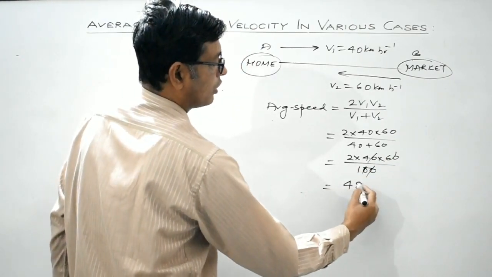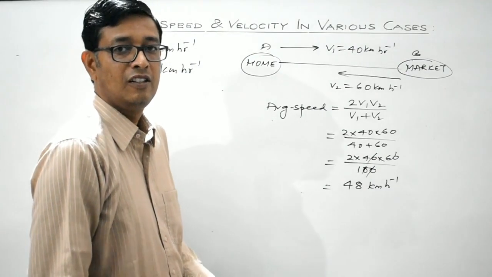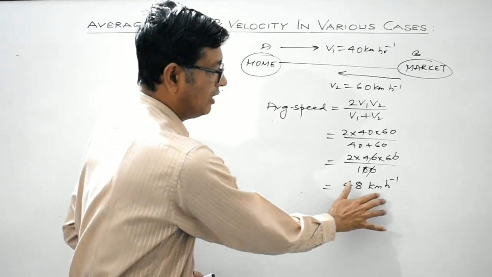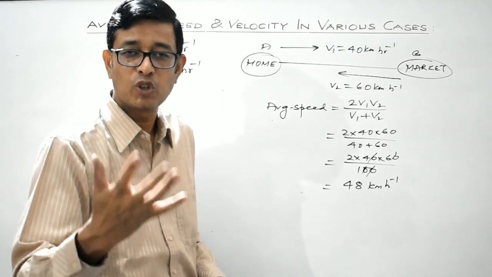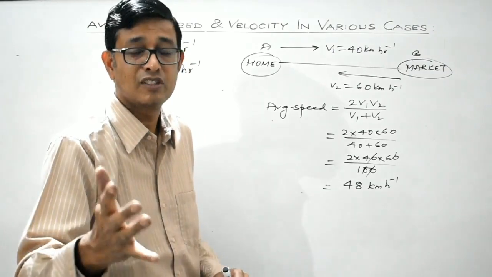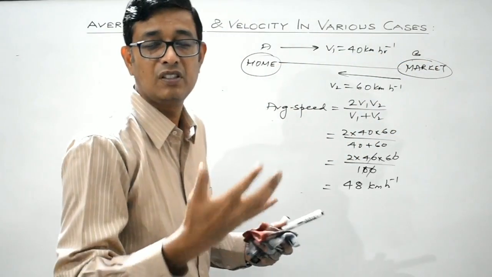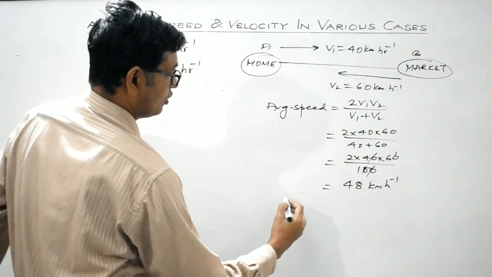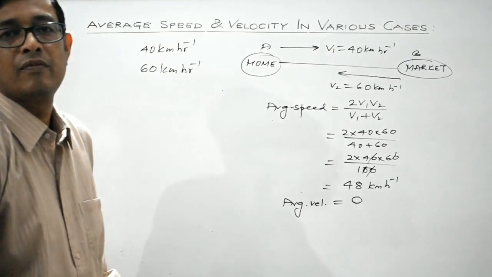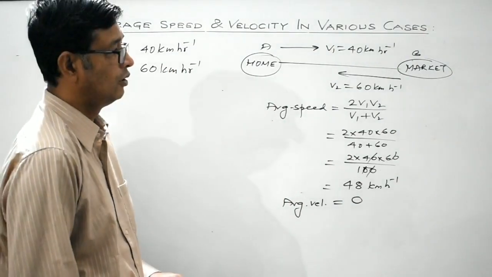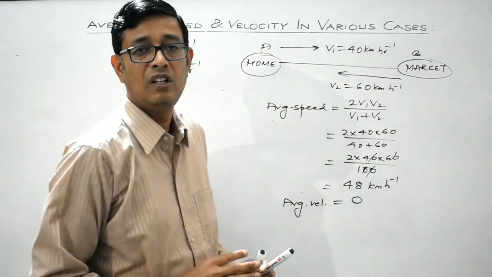So 48 km per hour. Is it clear? So in this case the average speed is 48 km per hour. What about the average velocity? Come on, what about the average velocity? Yes, it will be 0. Why? Because the body is coming back to its original position. So displacement is 0, and the average velocity would also be 0. Clear? So while dealing with such questions, first identify which case the numerical belongs to, and accordingly you need